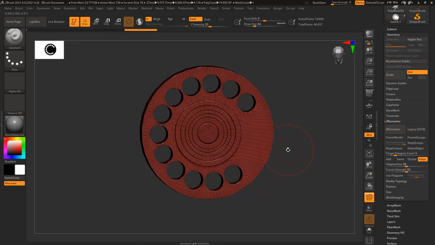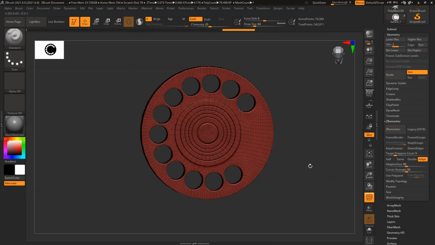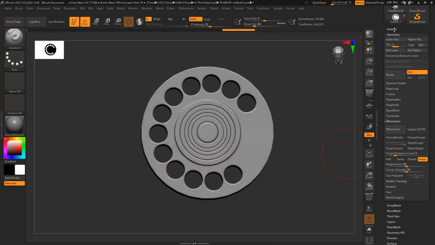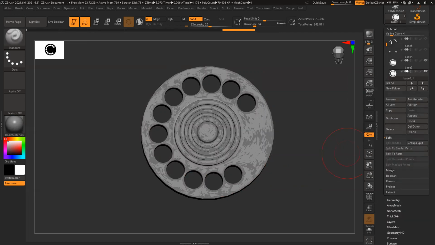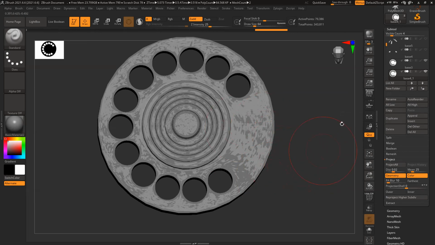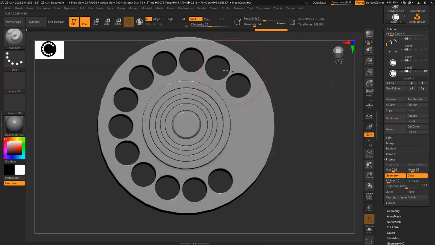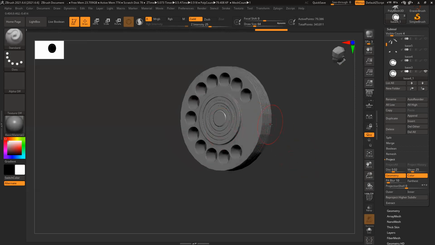If you have polygroups, then you can definitely do it. You can retain the shape and it will create correct and clean loops. But there's one more, and this is also okay. Control D, increase the poly count, and then switch on this model, and then go to project. You can project all. So it will give you a little cleaner shape. You can see all this distortion is less now.